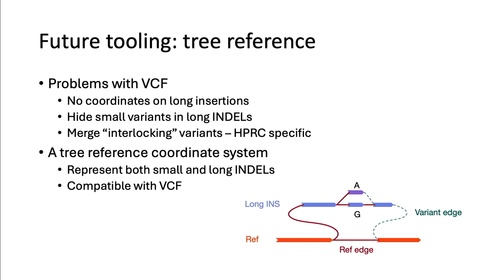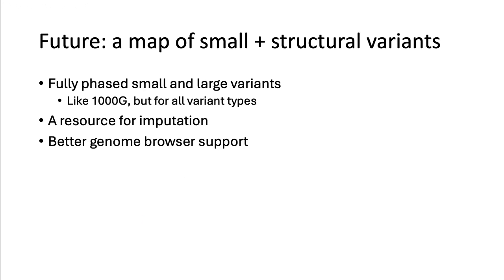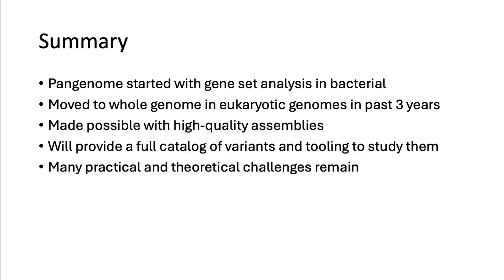Generally, for the future, we want to have better tooling, and also, the important thing is an improved user interface. With this tooling, we will get a map of small and structural variants. Think about the bacterial genome for small variants; we are doing that for all types of variants. This will be a great result for the implementation, and we will also try to integrate it into the genome